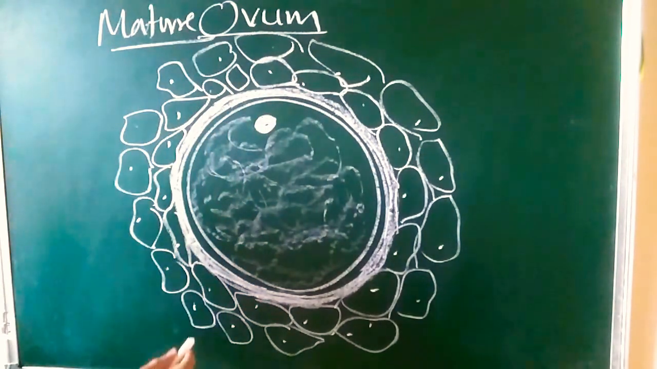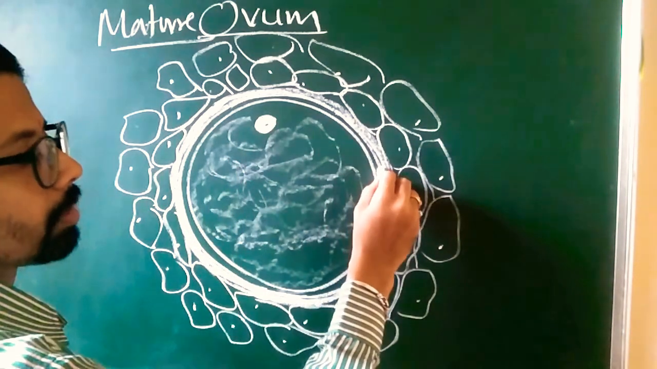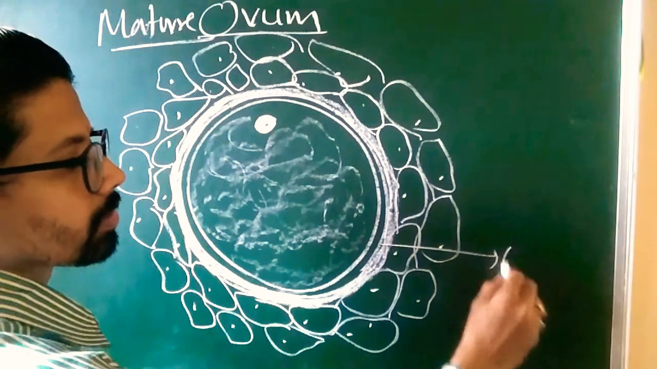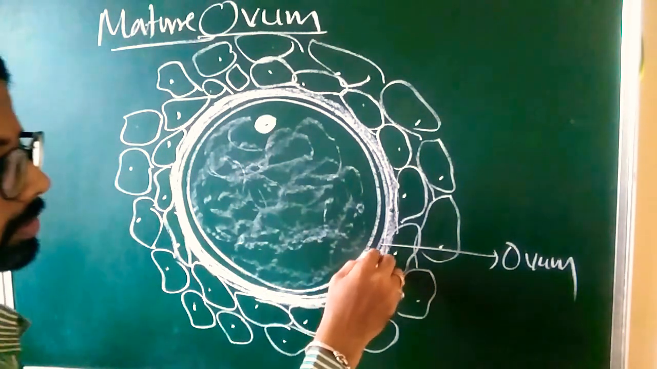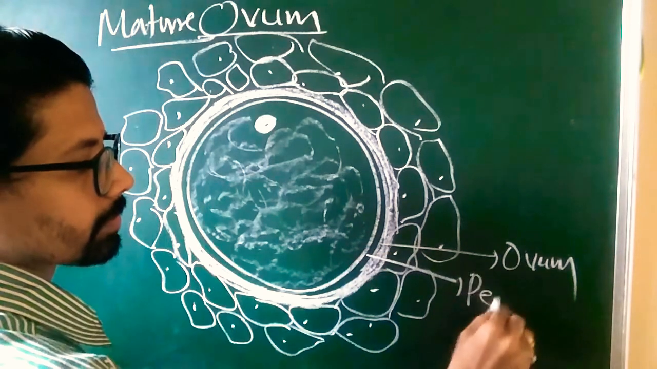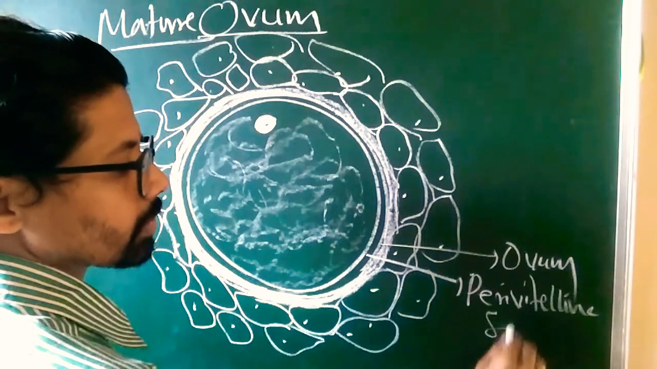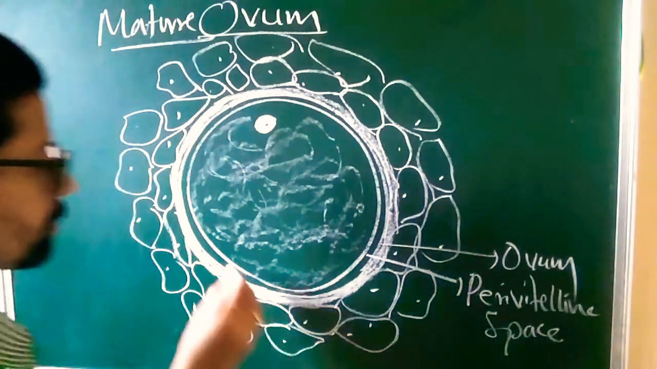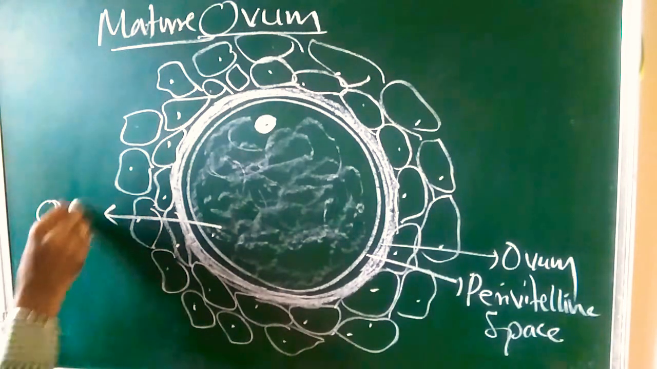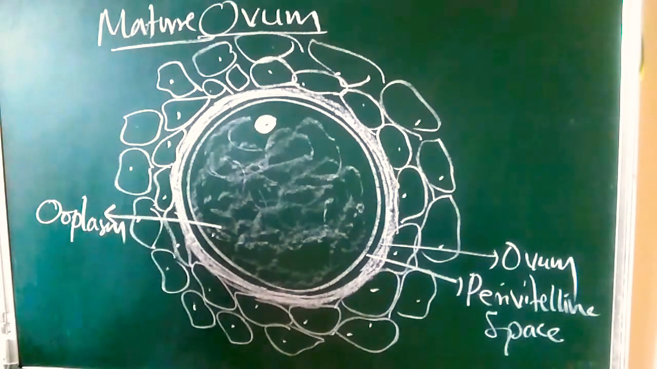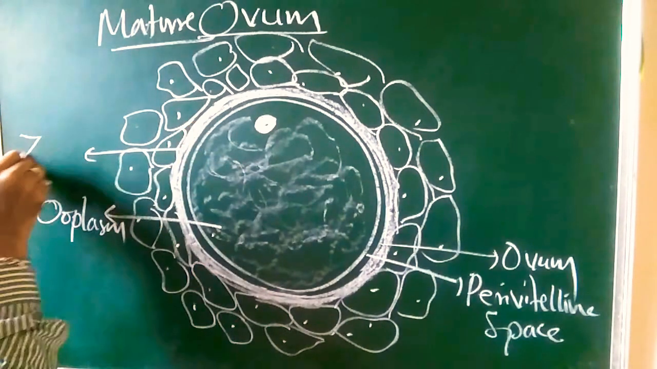So you can label it now as far as possible. Okay, so you can label the outer one, this structure itself, as ovum. Okay, then this is a perivitelline space, perivitelline space. Okay, so this is the ooplasm. This is ooplasm, right? So this outer layer, you can say it is zona pellucida,